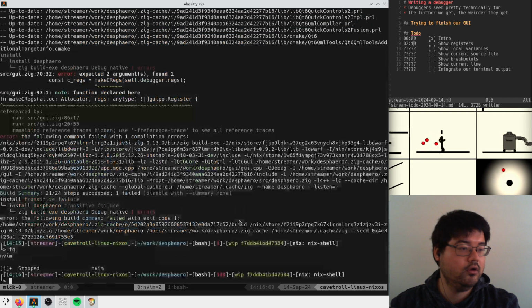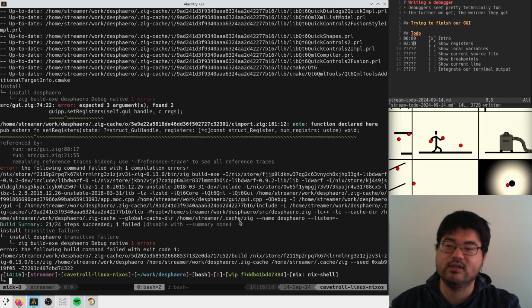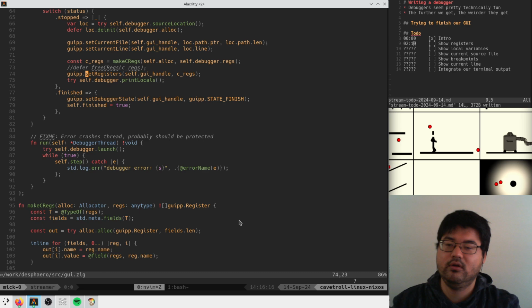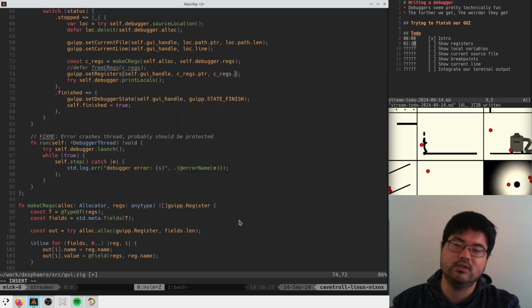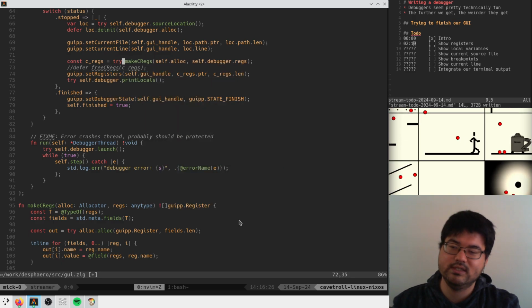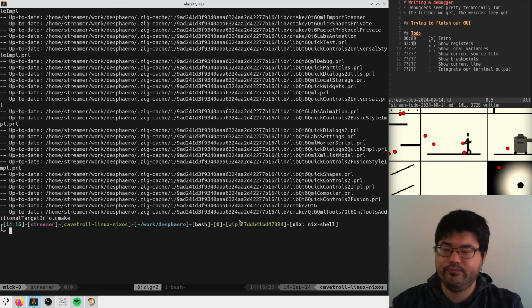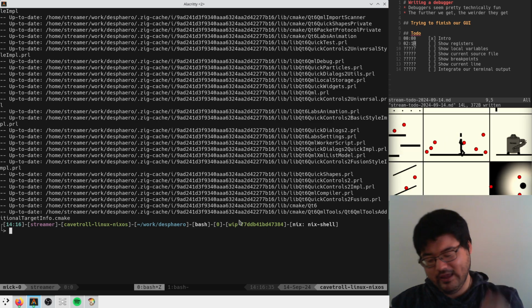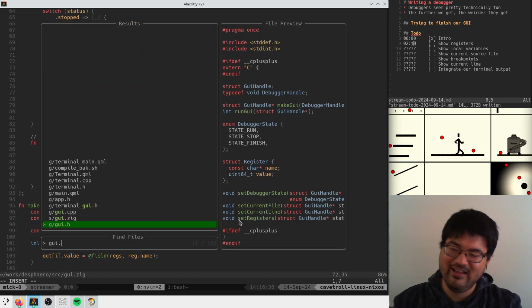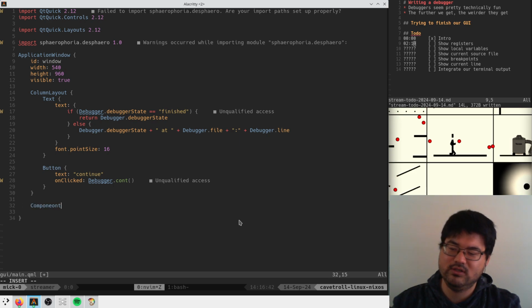Okay. Meta field type might work too. Ah, nice. Yeah, that sounds kind of interesting. Good eye. Okay, set registers. It's mad because we have cregs.pointer here and cregs.len here, but only if we try running this. Oh, wow, that compiled. That's crazy. Okay. Let's look at our QML and just do a component on